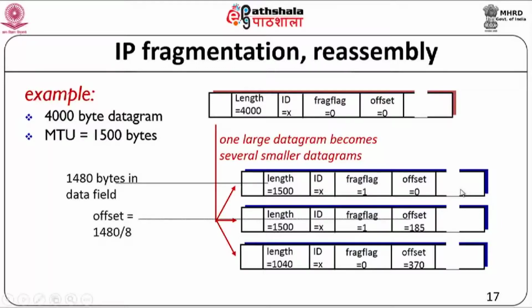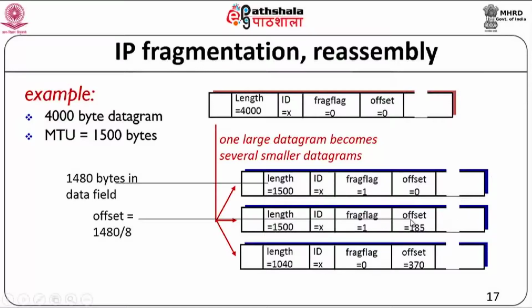In the second fragment, I know that up to 1480 bytes are carried in the first, that is, up to 1479. So, 1480 onwards will be the data carried in this one. That value is what is specified in the offset field. But what is interesting to note here is that we do not specify the value 1480 as such, but you divide it by 8 and specify it. This is done because the offset field in the IP header is only a 13-bit field, and with a 13-bit field we can't represent a 2 power 16 number, which is likely to come when we are doing this fragmentation computation.